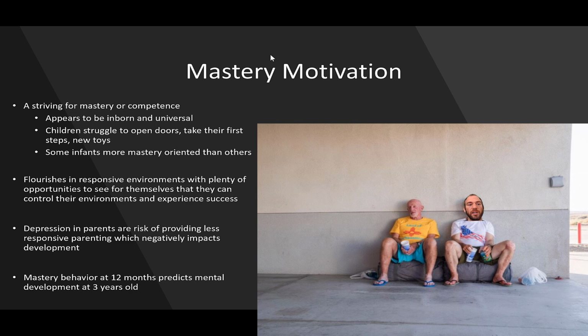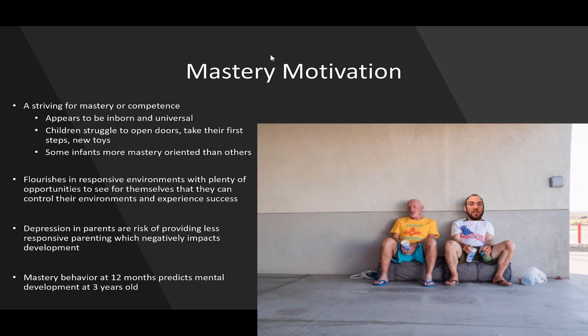Mastery motivation. A striving for mastery or competency is thought to be universal. However, it flourishes in responsive environments with plenty of opportunities to see for themselves they can control their environments and experience success. Depression in parents puts them at risk of providing less responsive parenting, which negatively impacts development of mastery motivation. Mastery behavior at 12 months predicts mental development at 3 years of age. So the idea here is that